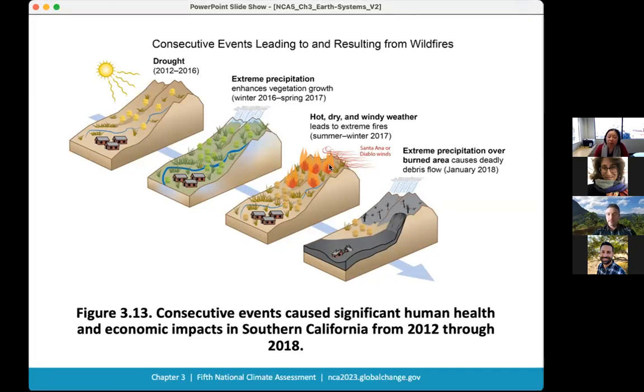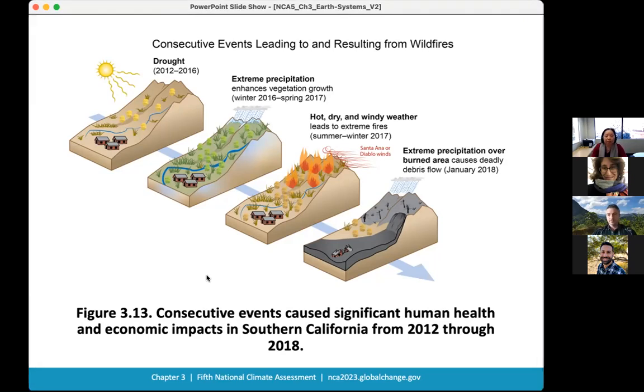And as a result of the wildfire and burning of the vegetation and the soil, that can affect the surface condition. And then in January of 2018, when an extreme precipitation event comes and the precipitation falls on top of the burned area, that can cause debris flow and landslides, etc. So these types of conditions could be changing also in the future because of the changes in the drought, extreme precipitation, and the wildfires altogether.